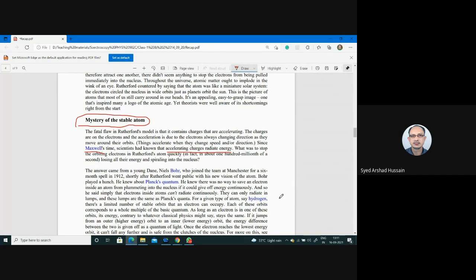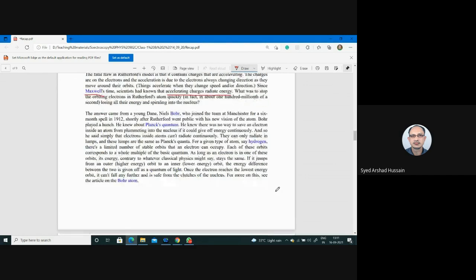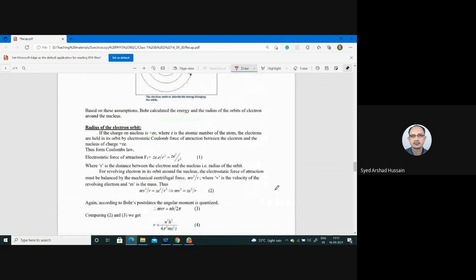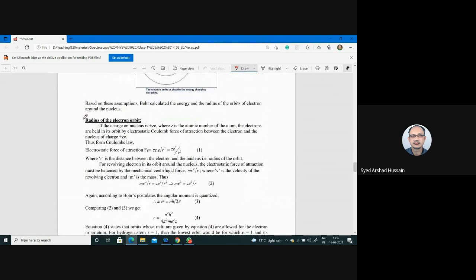So analysis revealed that with the help of these postulates, one can have an idea about several pieces of information about the atom. First, one can have an idea about the radius of the electron orbit. So, applying Bohr's theory,